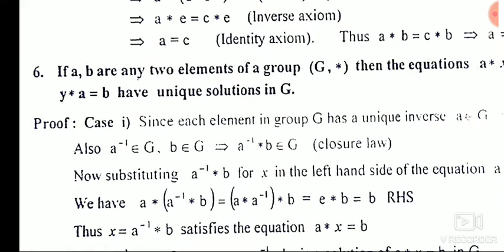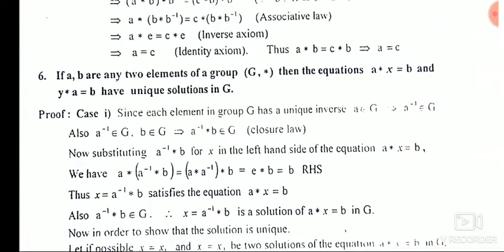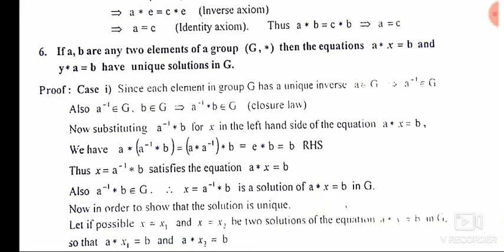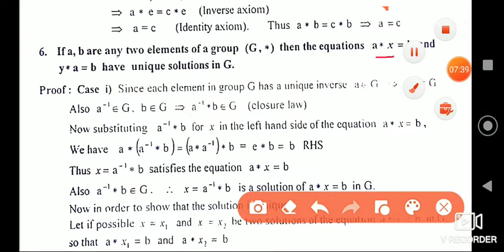Next identity. If A, B are any two elements of group G under the binary operation star, then the equations A star X is equal to B and Y star A is equal to B have a unique solution. What does it mean? If you have A star X is equal to B, then you have to get B when you have a variable X in a binary operation with A. See here, A star X